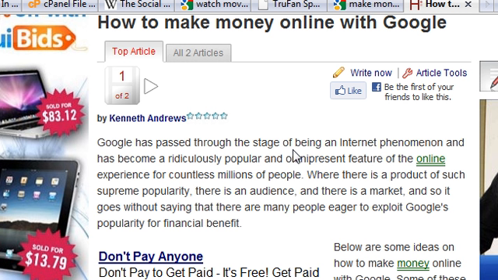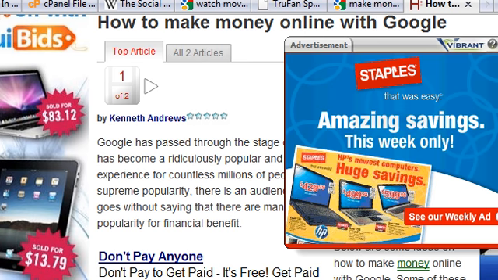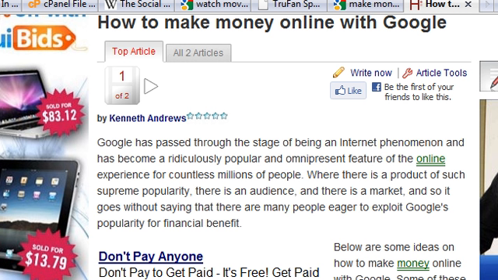But it's a great, powerful resource, and I've seen it on here before with Google News when people have done it, that they end up in 20, 30, 40 minutes having 400, 500, 600 visitors to their site. So very fast, very simple, very effective way to use Google News.